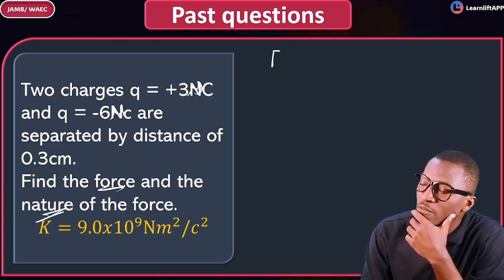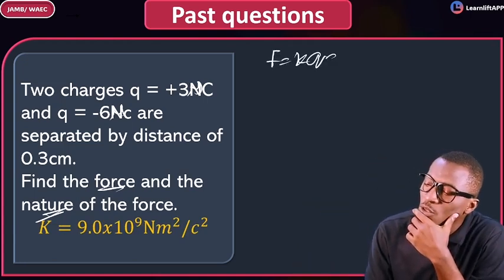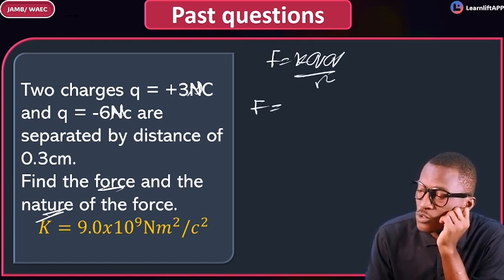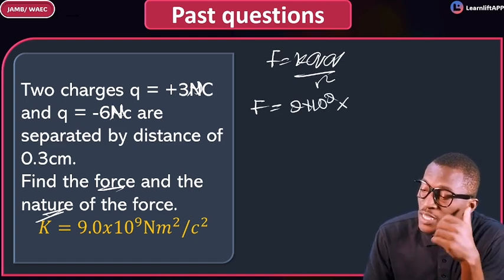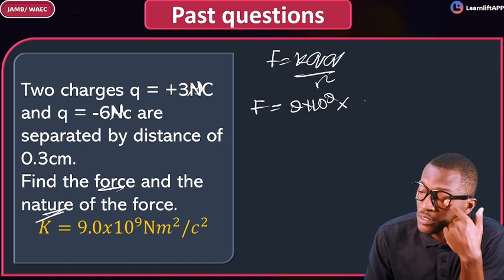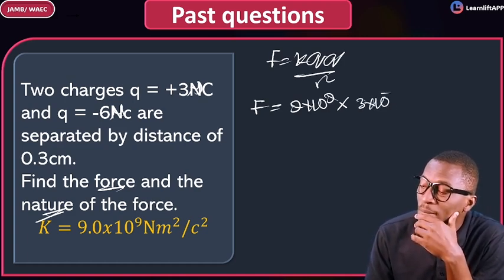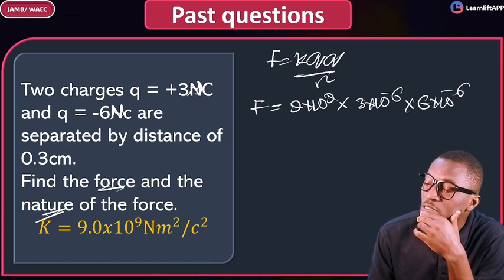Know that from Coulomb's law, F is equal to K Q1 Q2 all over R squared. So the force here will be equal to K, which is 9 times 10 raised to power 9, times 3 times 10 raised to power minus 6, times 6 times 10 raised to power minus 6, all